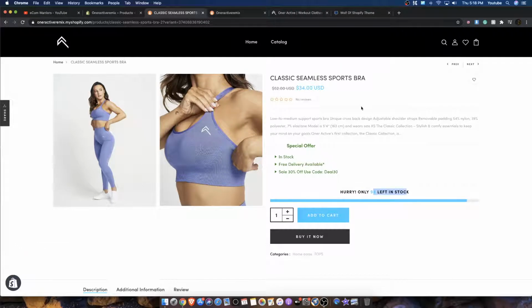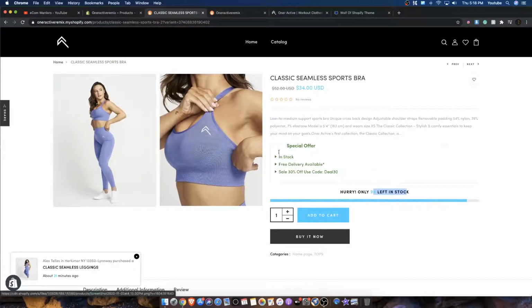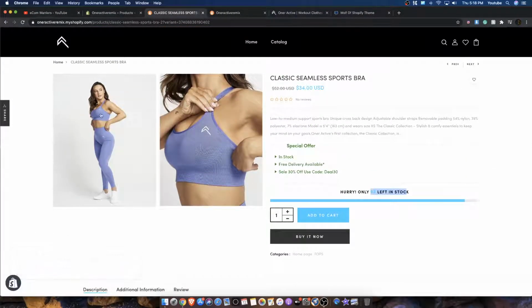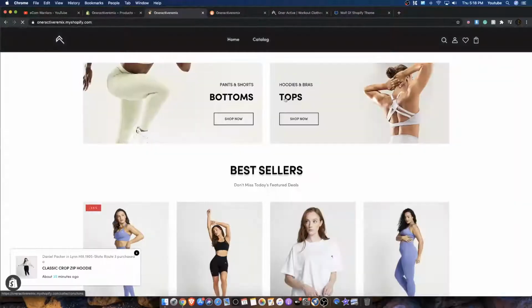Now, ideally, we would want to have reviews, we would want to have the whole gamut, but this is a great place to start. You can see here, none of the images are pixelated, everything is clean, everything's good to go. Let's go ahead,